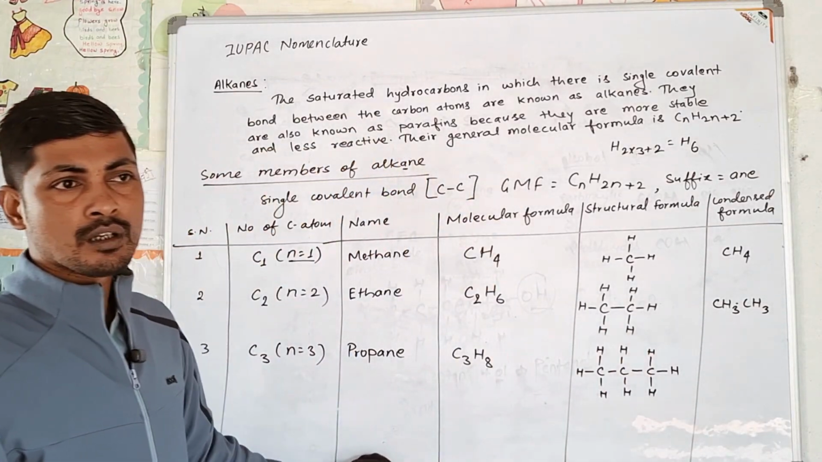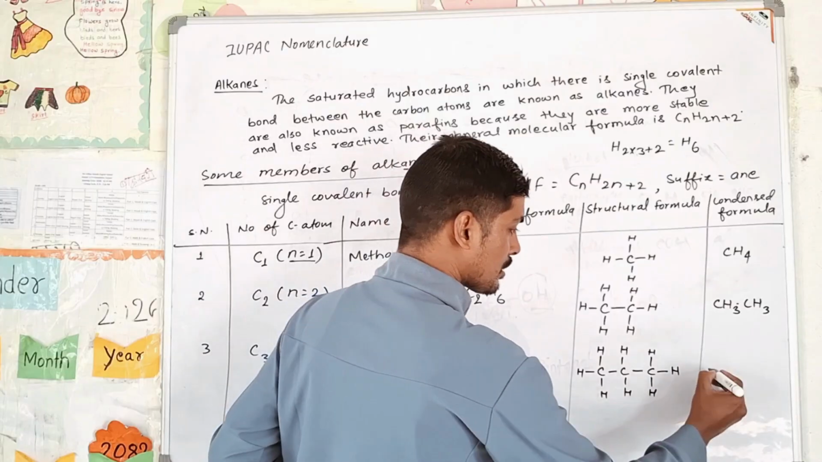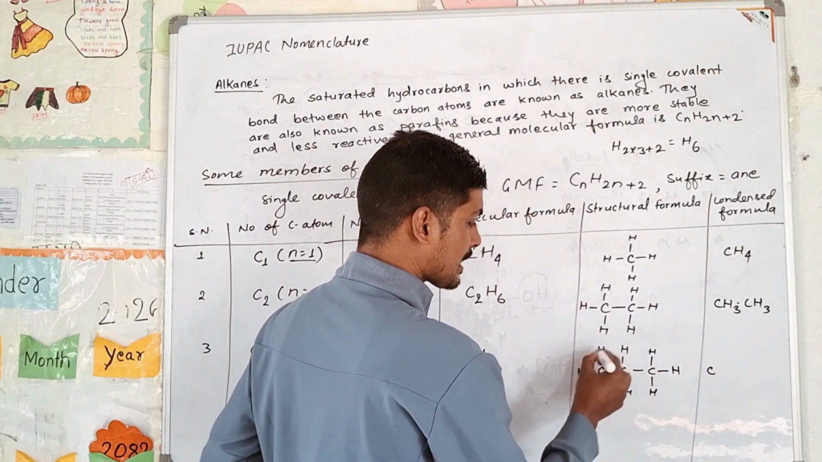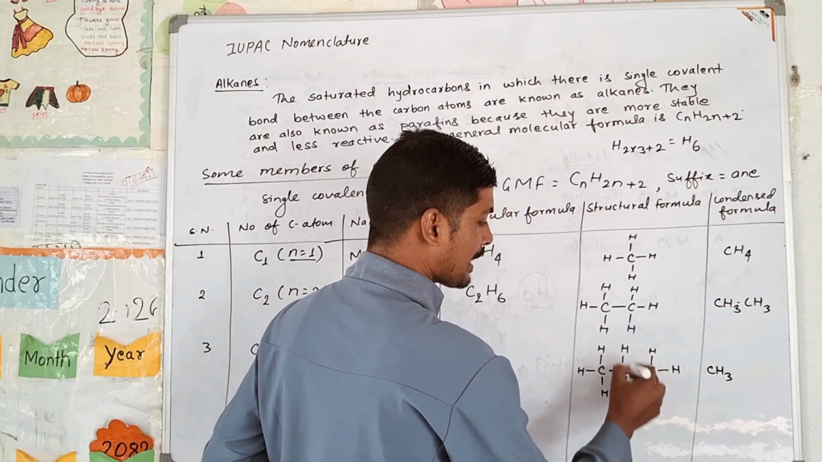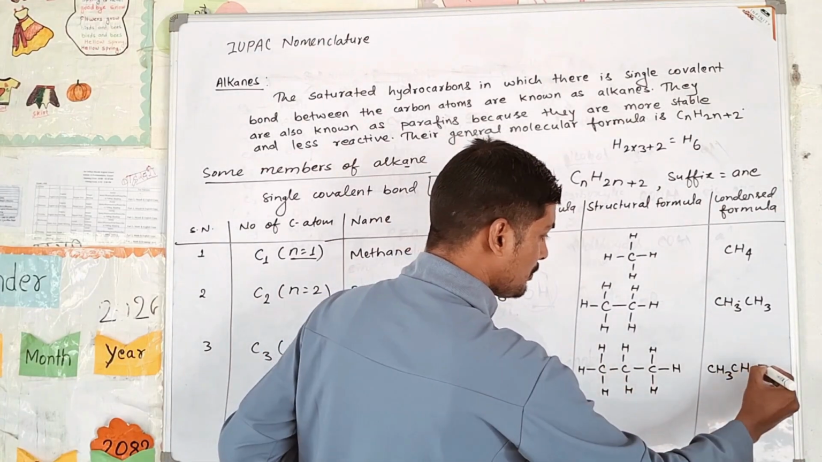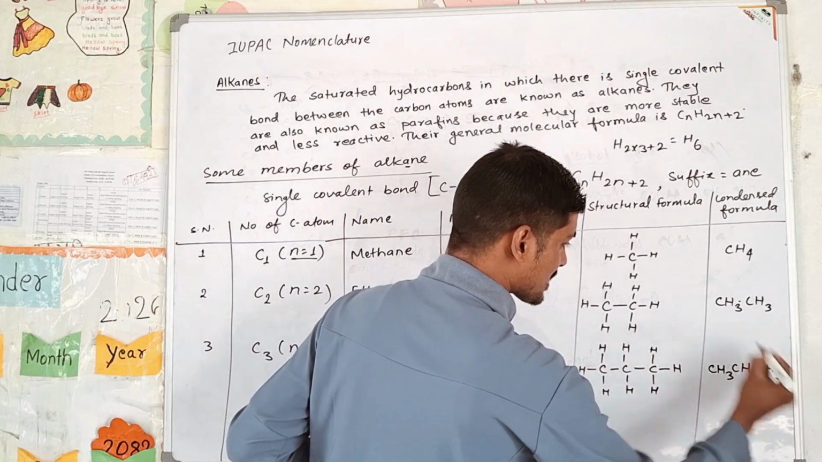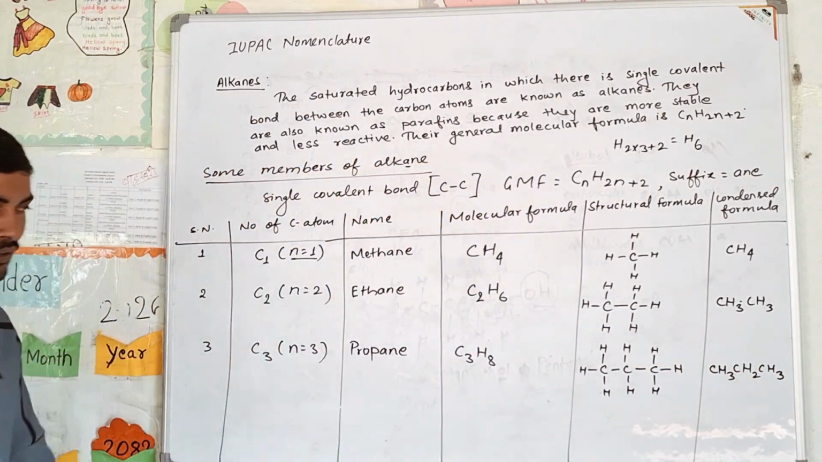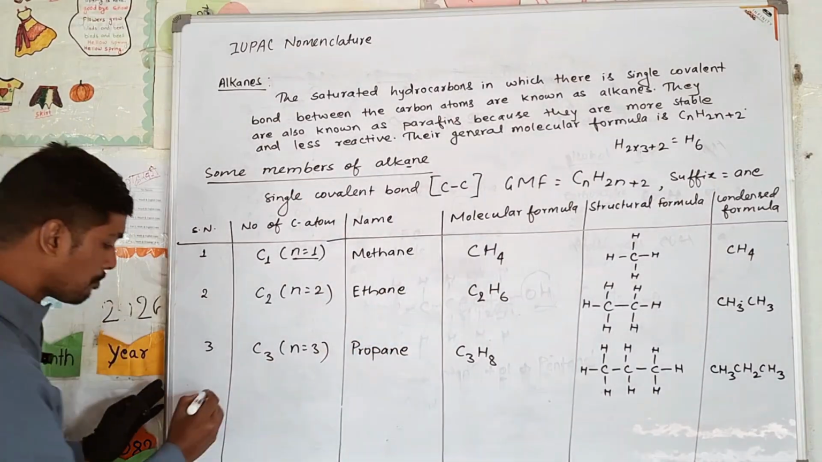Now you see the condensed formula. There are 3 carbon atoms. In the first carbon atom, how many hydrogens are there? 3, CH3. In the second carbon, how many hydrogen atoms are there? 2, CH2. In the third carbon, there are 3 hydrogens, so CH3. This is the condensed formula of propane. After that, butane,